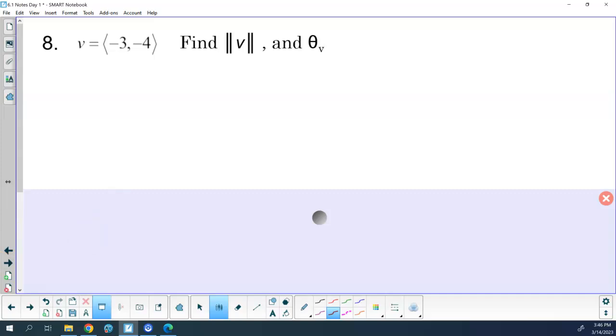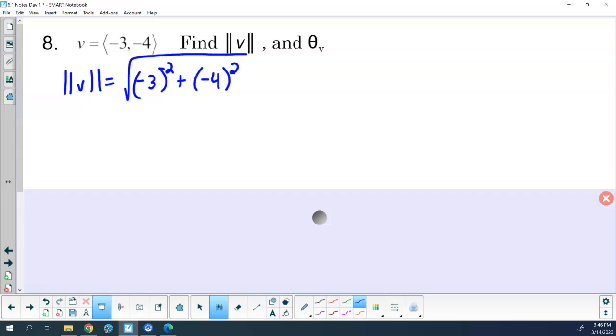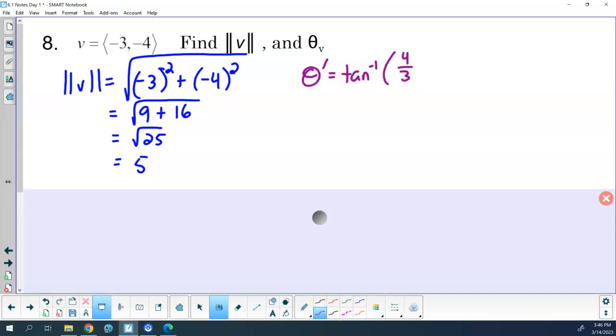Okay. So, once again, magnitude: negative 3 quantity squared, negative 4 quantity squared, and the big square root thereof. So that's going to be 9 plus 16, which is going to be 25. So that's going to be 5. Okay. Reference angle, inverse tangent of 4/3, dropping both of those negative signs. Punching that in on the calculator, I get 53.13